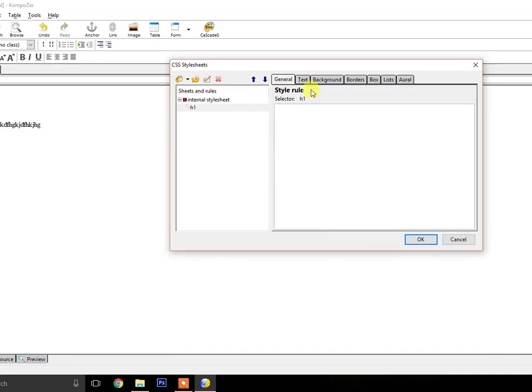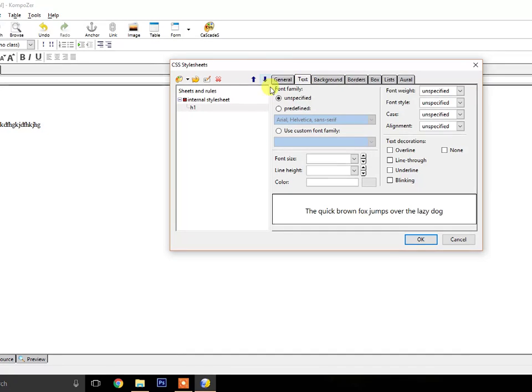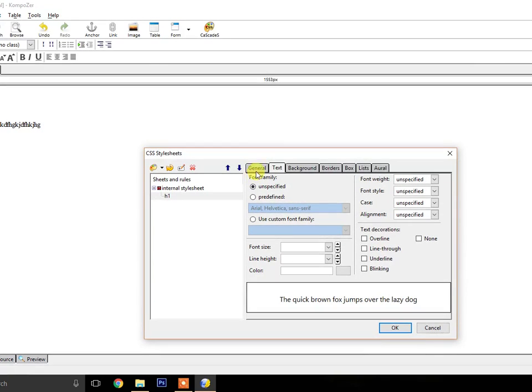Now you can see all these tabs. These tabs are used to apply formatting to your heading. If I want this one in the center, I will go to Text because I want to give text alignment center. If I want to increase the font size, that is not available in h1 because h1 has its own size.